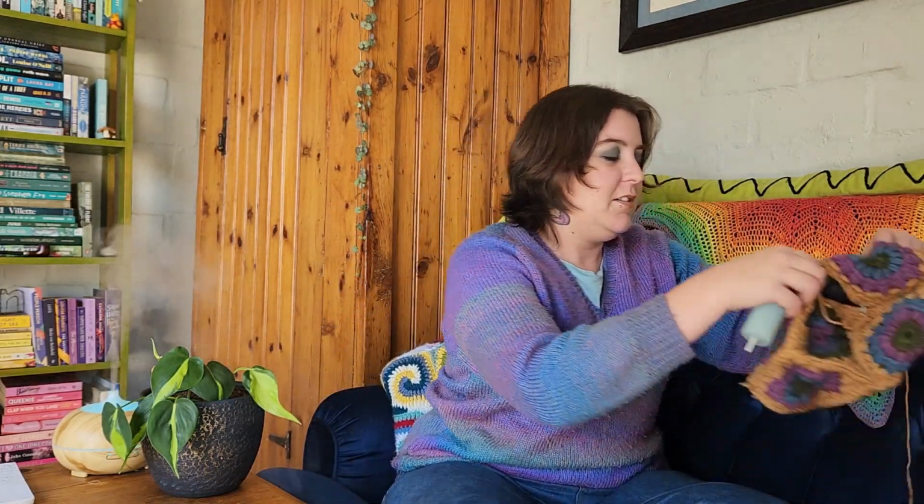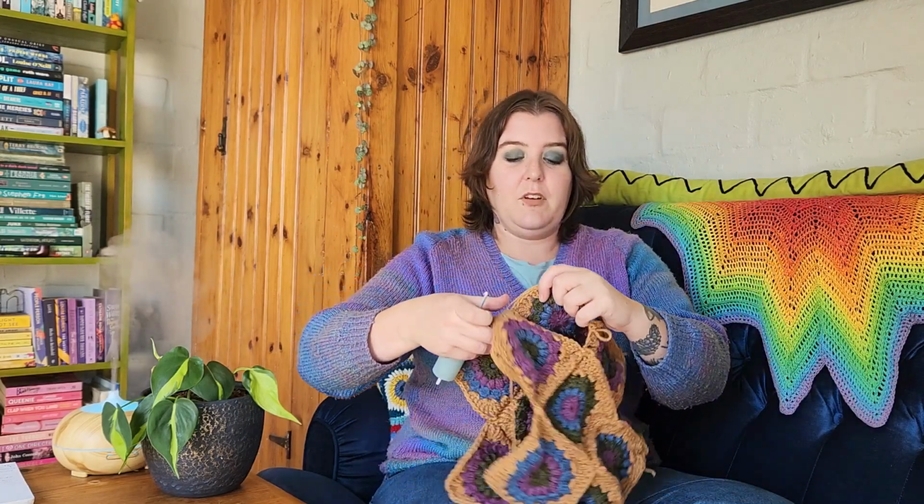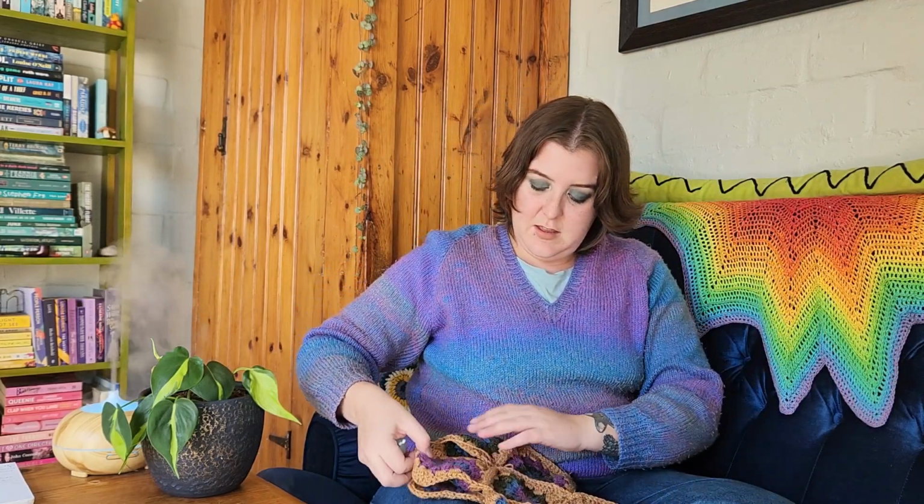I'm nearly finished. I'm not going to pull it because otherwise I might unravel some stuff. I'm nearly finished putting together that bag. Hang on, let me show you. I've got this much to join, and then it's done. Then I just got to do the straps. Nice. Okay,